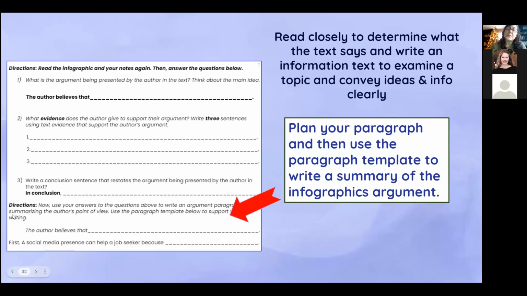And then built into the unit is an application activity where students, again, read the infographic closely and write a summary about the infographic. So the supports are here to help students plan a paragraph and then use a template to write a summary of the infographic's argument. I think this is really important, especially for our GED students,